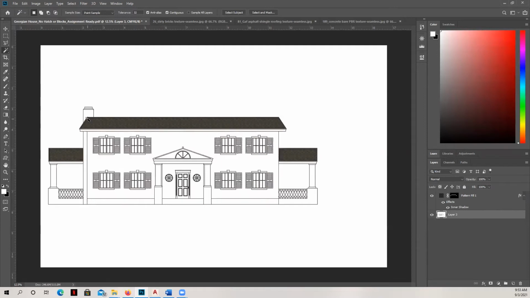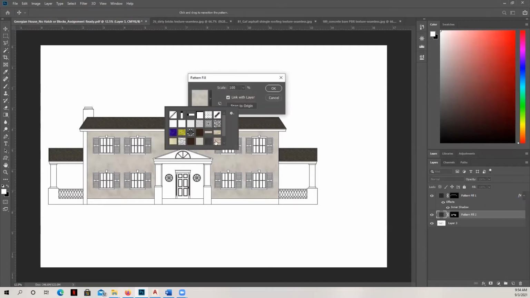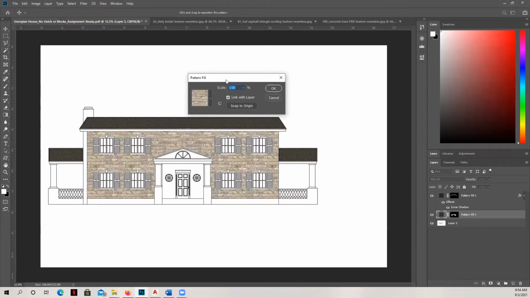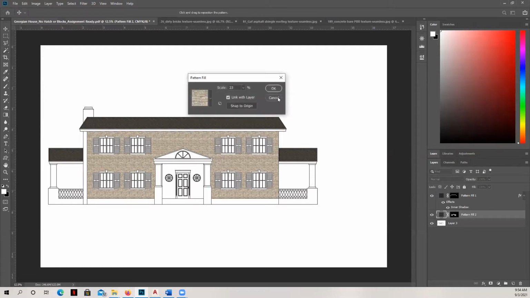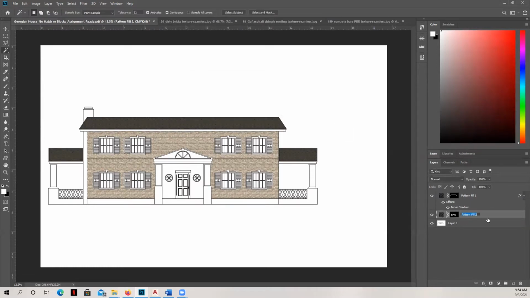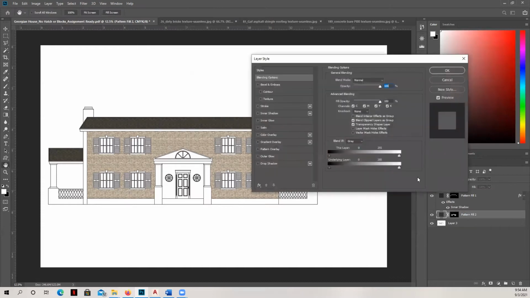I want to be able to convey a sense of depth with this chimney back here. So I'm actually going to define them separately. First, I'm going to do this and then I'm going to do this, and you'll see why in just a second. Okay, so you can see I've selected my inner shadow.